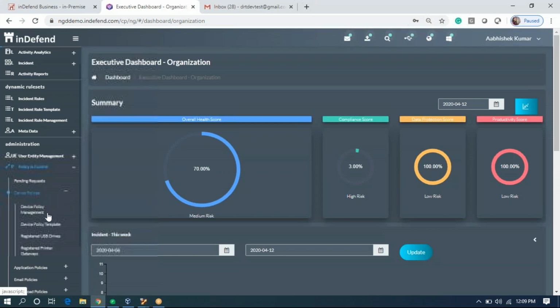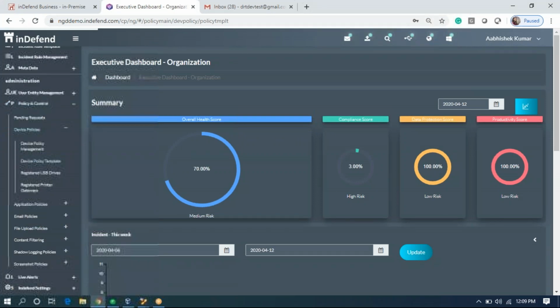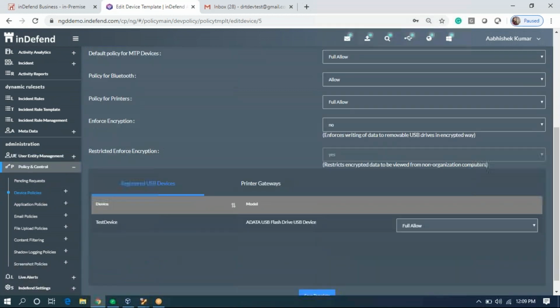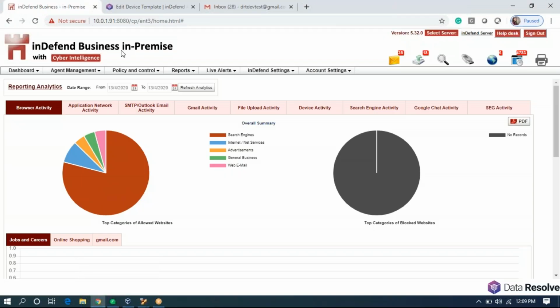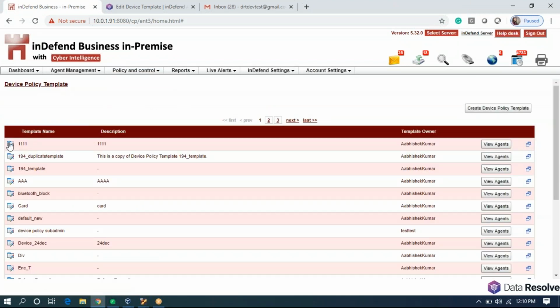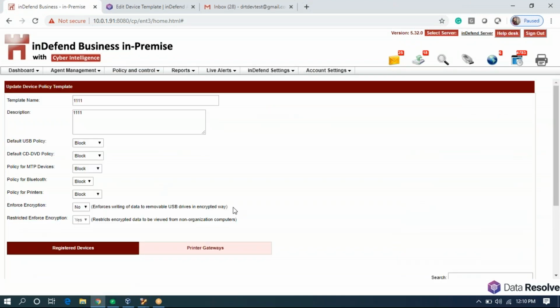This section is completely same. If you open policy on Indefin Advance or you open the same policy on Indefin Business, it is exactly the same. So do not get confused that this training is not meant for Indefin Advance or this training is only for Indefin Business, right? The policy and control is exactly same on both. So it does not matter which dashboard we use, policy creation process will remain the same, right?